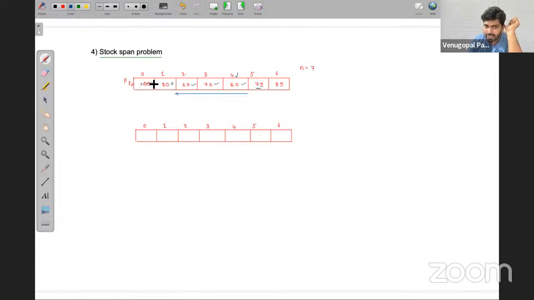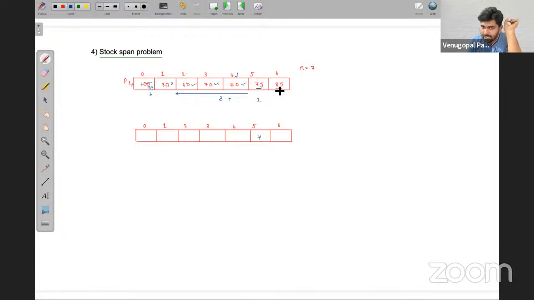Next, if you take any value which is less than 75, for example 70, this we cannot take because continuity should not be disturbed. 60 before 80, but after that you get a small value 70, but you should not take this. Consecutively how many days its value is small, those many days we have to take, friends. So how many days for 75 did we get? 3 days we got, plus including that day also we have to take. Therefore 3 plus 1, its span will be 4, right?